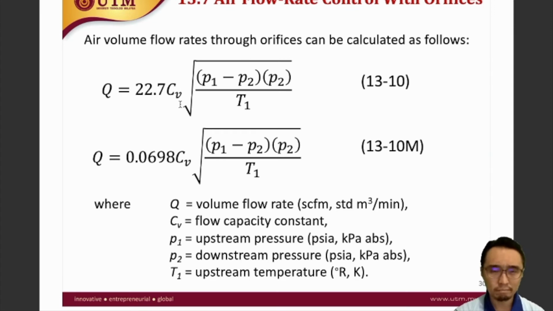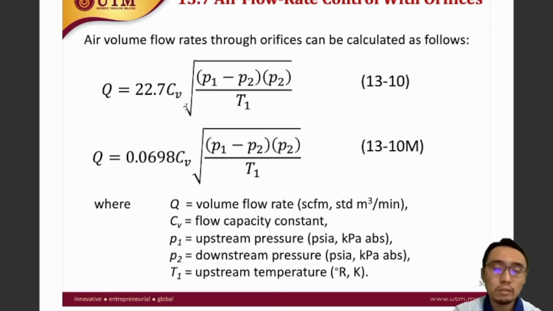CV is the flow capacity constant. P1 is the upstream pressure and P2 is the downstream pressure, and T1 is the upstream temperature. So looking at this equation, the important parameters include the CV, which is the flow capacity constant, which is